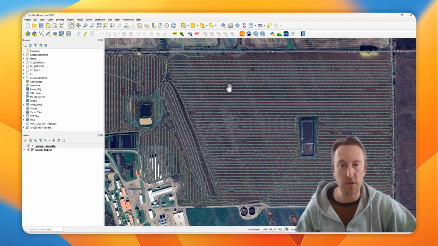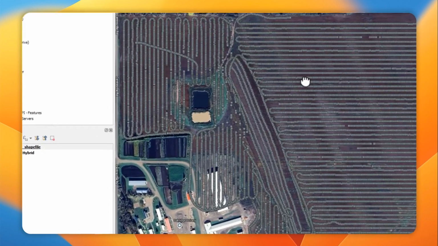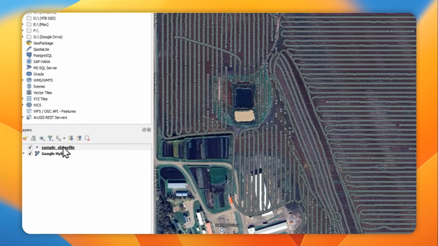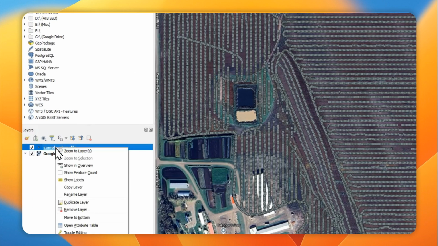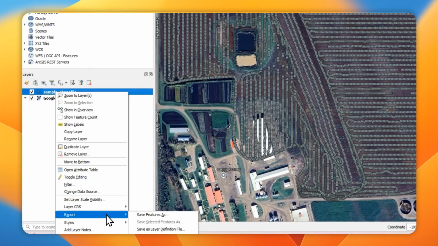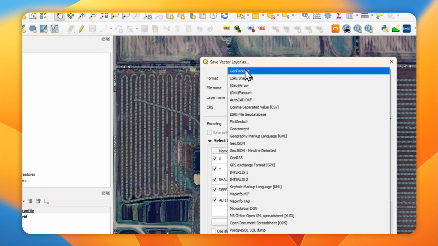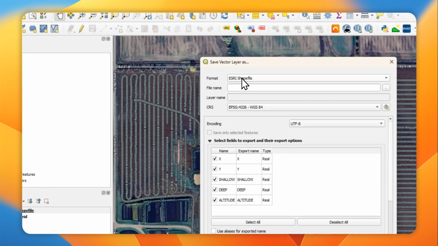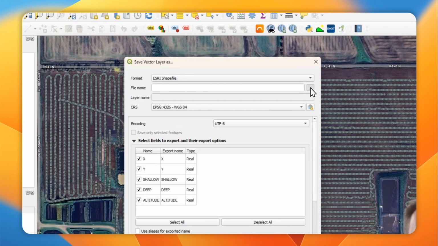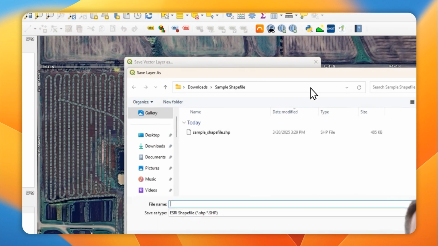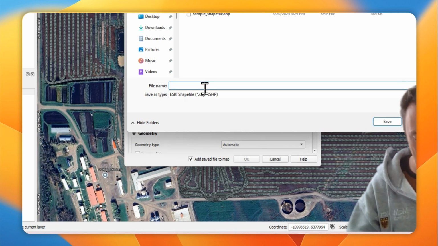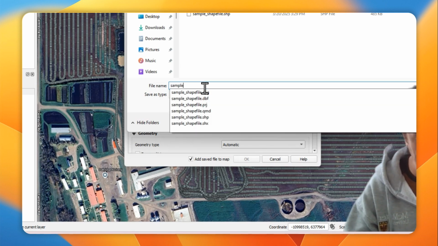It's not going to work if we try and do it in that base coordinate system. So what we're going to do is right click on the layer, and you're going to choose Export, Save Features As. Leave the format as Esri Shapefile, or if you've never used this before, it may default to GeoPackage, so just change it to Esri Shapefile. You need to click on this little box to the right of file name, and actually navigate to